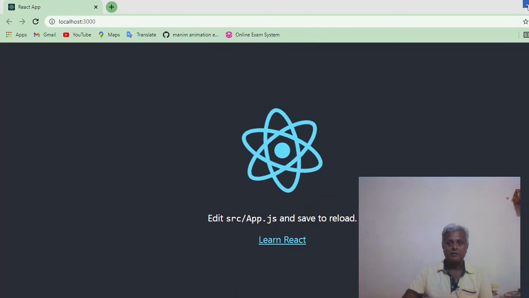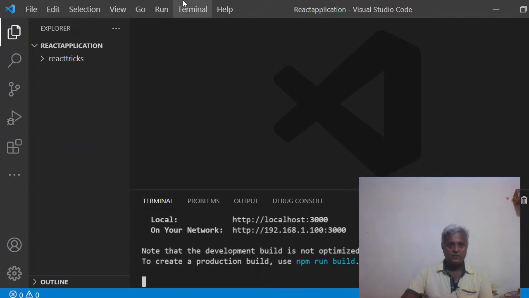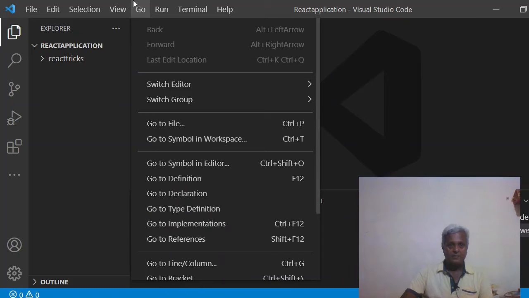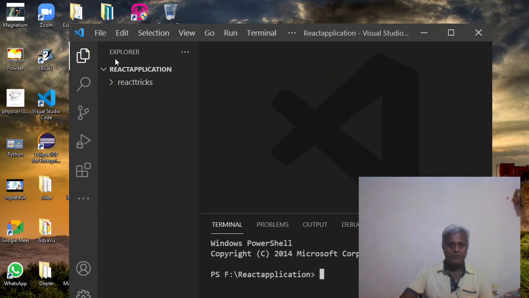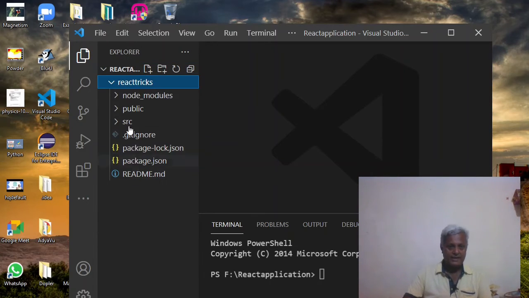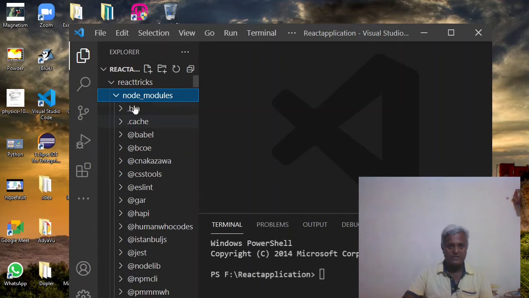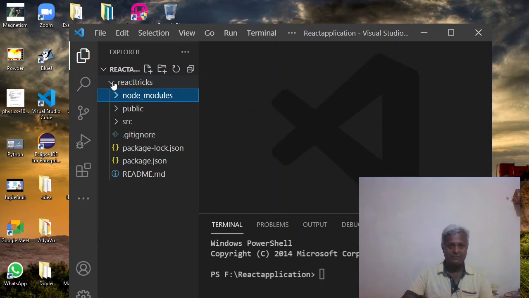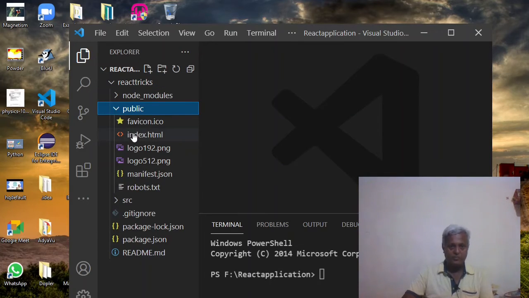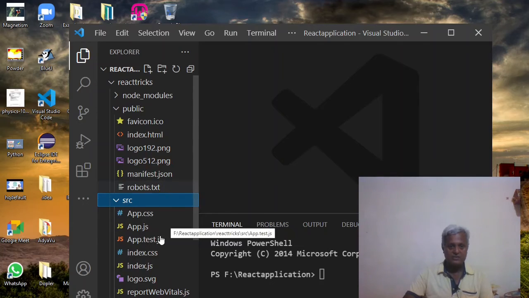Now let's discuss the folder structure. Here, this is my folder. Inside this I have React Tricks, and there I have the node modules. All the dependencies that have been installed are inside these. You don't have to do anything with this. And this is the public folder where you have your index.html. This is the main file which is running, and then this is the src folder, the resources,